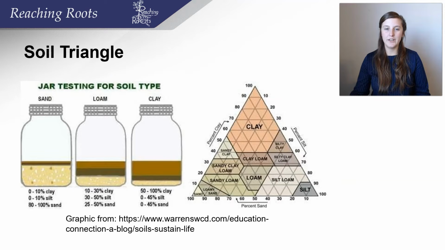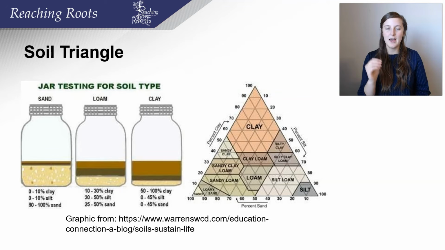If you want to determine what type of soil you have, you can send your soil out for a soil test, or you can use this jar test. What you do is you put some of your soil from your yard in this jar, and you shake it up really, really good. So inside the jar is your soil and water. Then you let it sit for a few hours or even 24 hours in the jar, and you let them settle